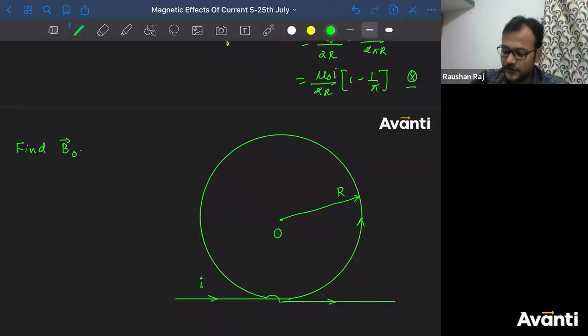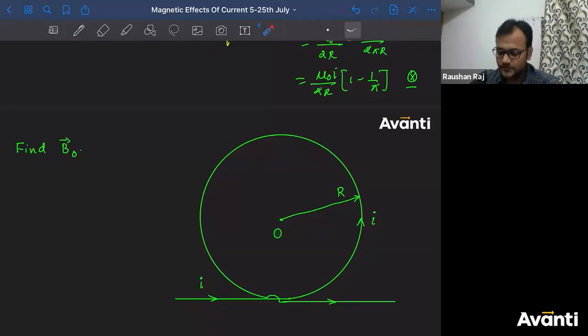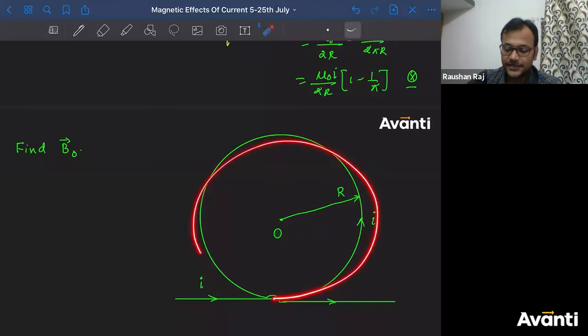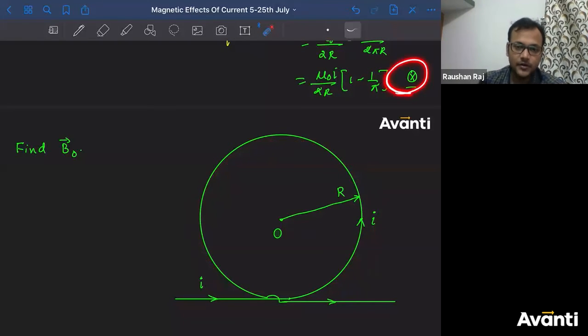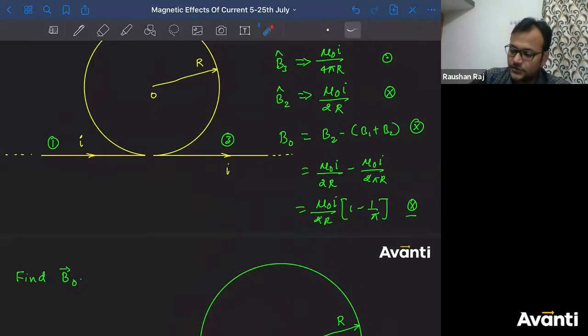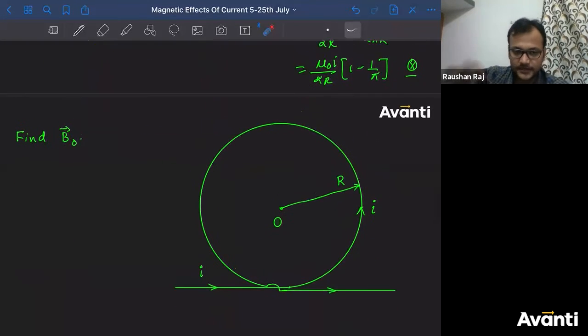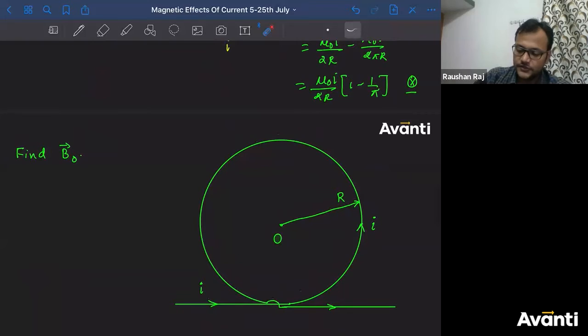This is the I value. Now I think this is simpler, right? I know the magnitude because of all the elements. Now the direction has been reversed. The current direction in the circular part has been reversed, so the direction of magnetic field in the circular part will be reversed. Initially it was into the plane, so now it will be out of the plane, है ना?